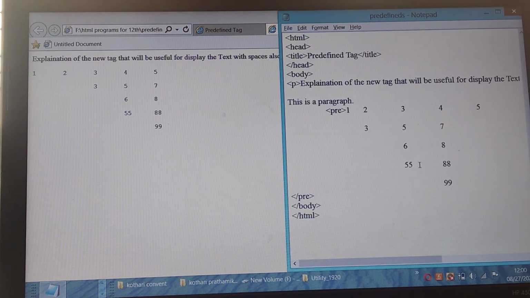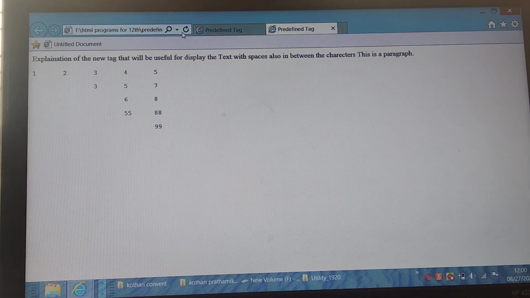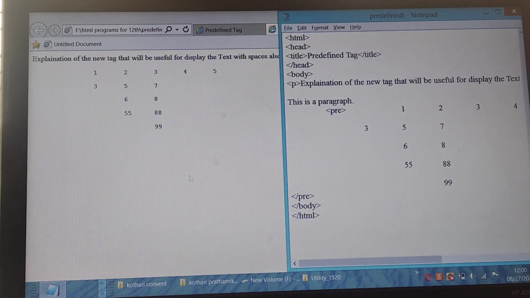If I am changing something more, then after saving it will be changed. The space count will be useful with the new tag, the pre tag.